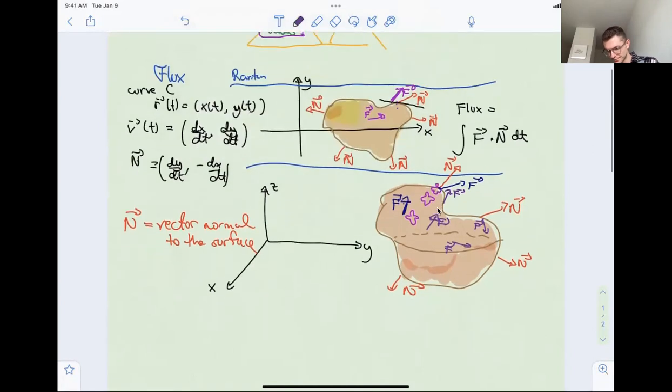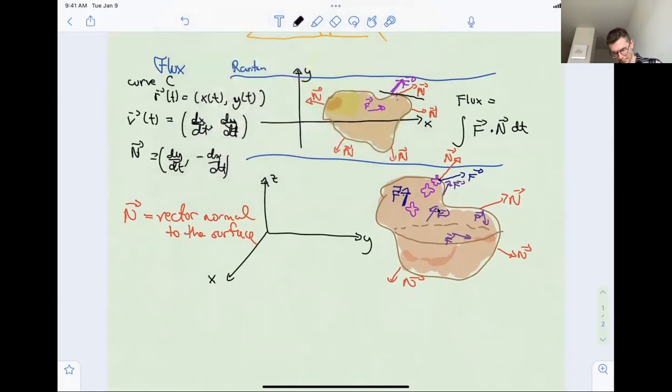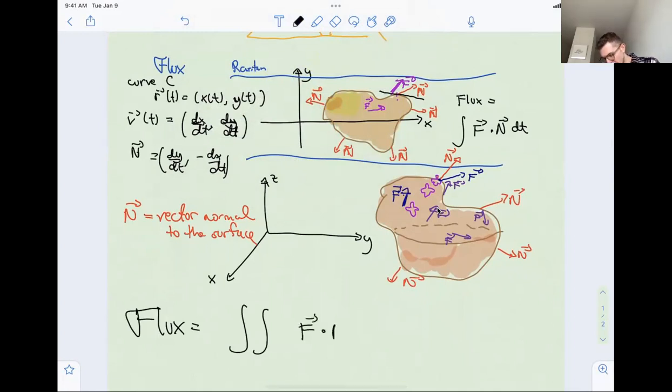So the flux in this case will be an integral, because again, you want to add up all the dot products that you found. So it's going to be the integral of F with N. And just to